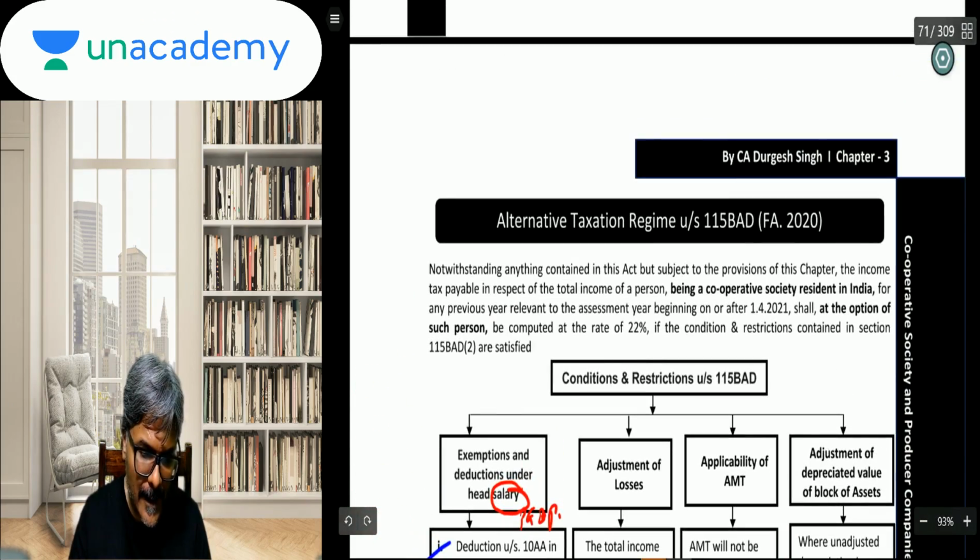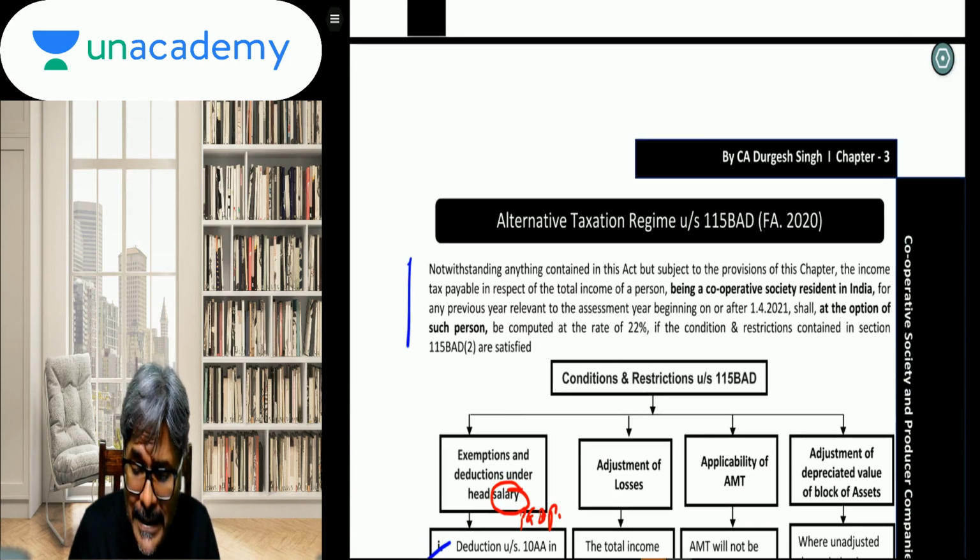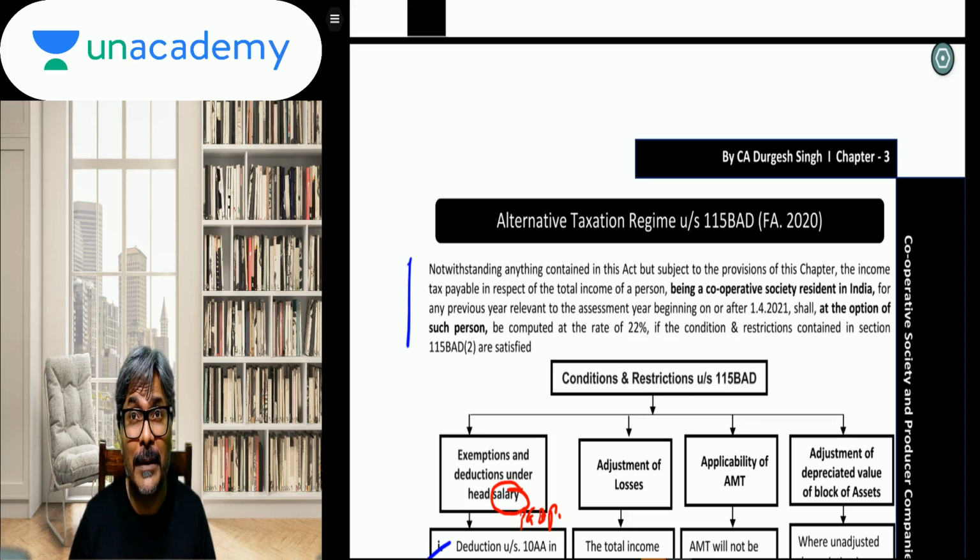Students, now let's see the alternate tax regime, 115BAD. So 115BAD is for cooperative society. 115BAB, domestic company manufacturing. 115BAA, BAA, again domestic company. Then you'll say, what about individual and HUF? 115BAC, back. So 115BAC is for individual and HUF. That is how you can remember the section numbers: BAD, BAB, BAA and BAC. That is precisely how you put it across.